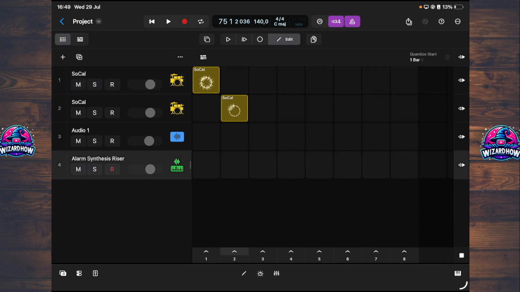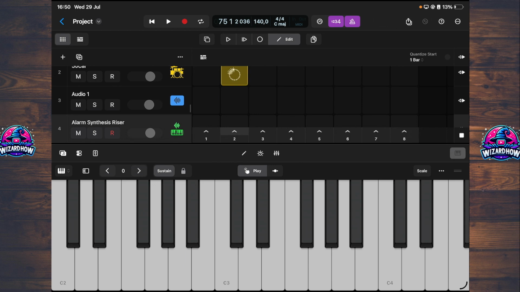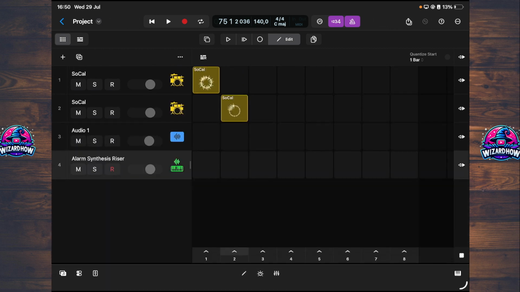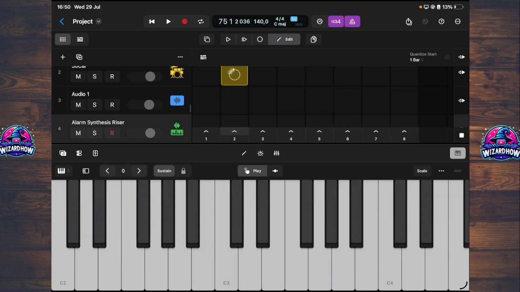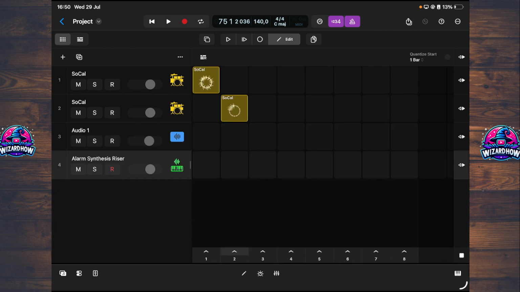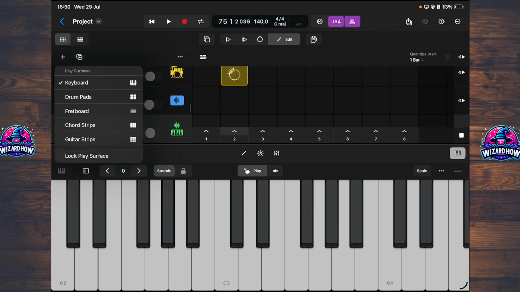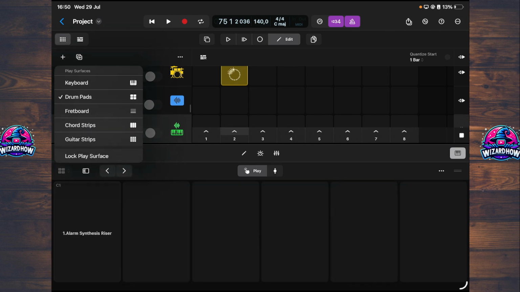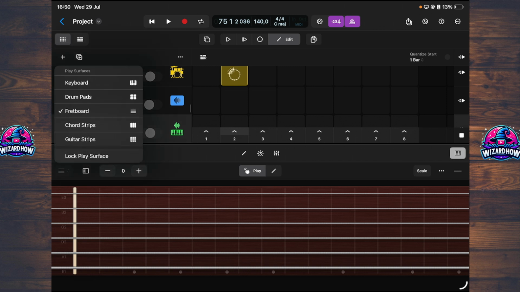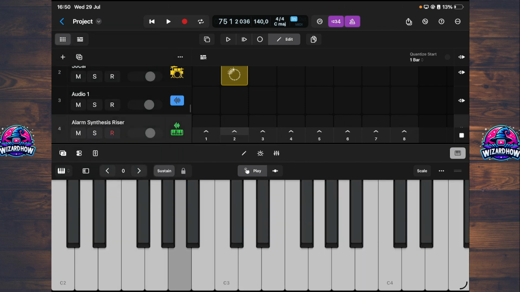at the bottom of your screen, in the bottom right corner, you will press on this key, basically the piano keys, and it will open up the piano roll right over here. Now you can adjust it a little bit, play, and change it how you would like. As you can see, we can also change the view. So we have guitar strips all the way to the piano